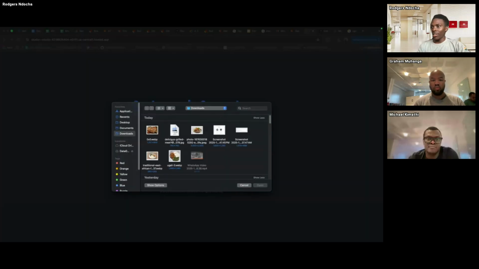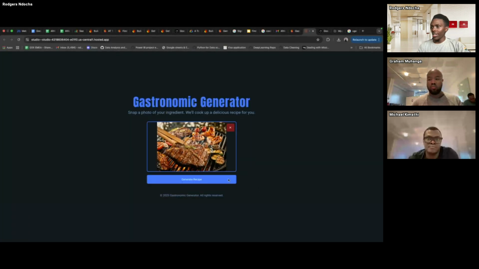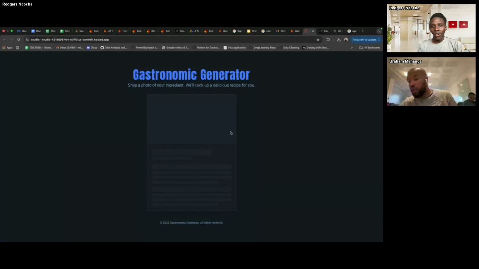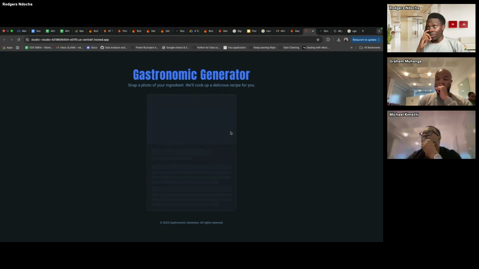So maybe to test if it works from mine. I know we have done this before. Let me test with a different image. I don't know what this is, but this looks like a stick. Yeah, you can generate this and see how it works. So we have demonstrated the process of prototyping, making changes and taking your applications online. And you can build very powerful applications from Firebase Studio.